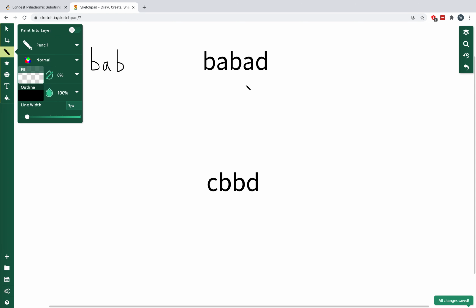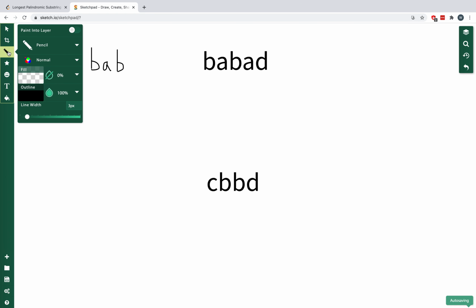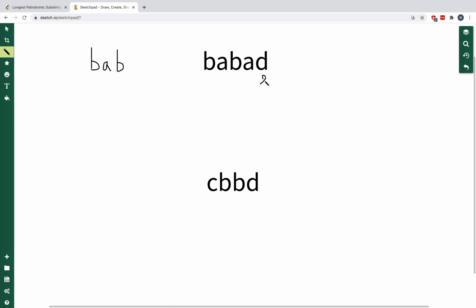So our left and right pointers will start over at the letter A. Now we see that, of course, they both match, so we're going to move the pointers. And now we actually see a mismatch. So we have to stop our search and start over at the next candidate. Now the left and right pointers will start over at the letter D. Notice that if I do even one iteration where I move the pointers, the right pointer will fall off the edge of the word. So at this point, we've finished our algorithm because we've gone through the entire input string,